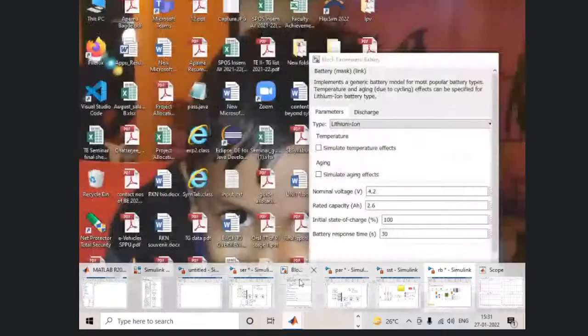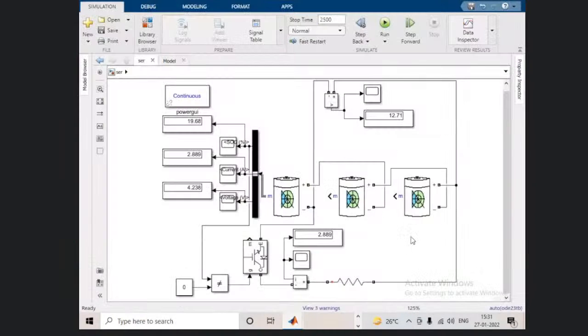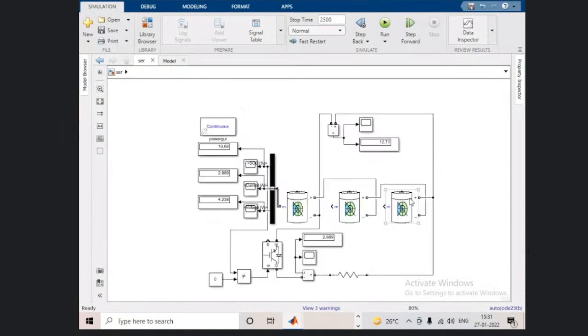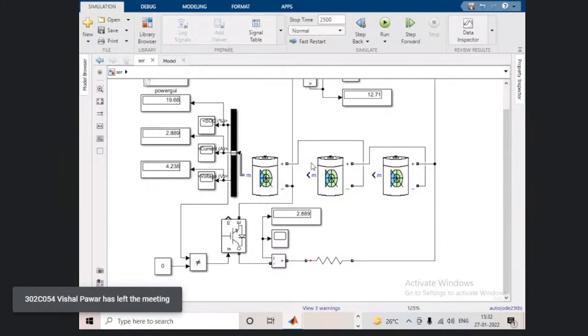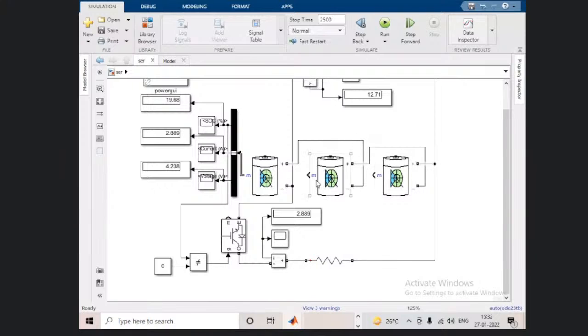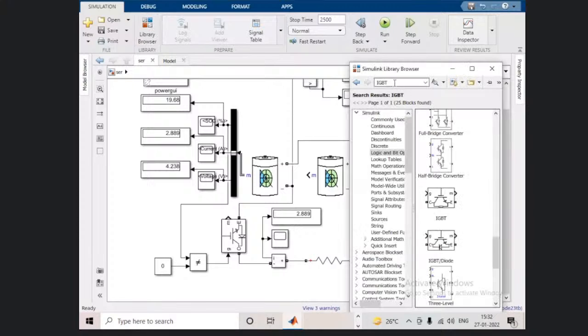Let us take this example. Here I have taken 3 battery cells. So instead of taking 3 battery cells, let us take 1 battery and 1 supercapacitor, connect them, and verify the result. What will happen with the hybridization of battery and supercapacitor? Try to evaluate those results. In the same way, the supercapacitor is also given over here. Look at here. Just click